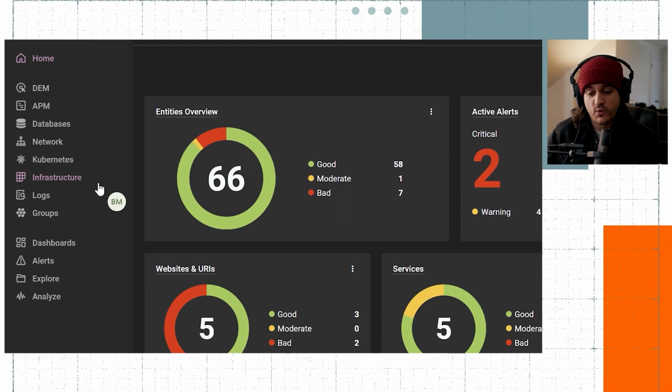And the really key point of this is that all of that information is getting correlated together. And so when I come into this overview page and I see that there's an anomaly with a website, I could start in DEM, but that anomaly may be because the application itself is performing poorly, or the underlying infrastructure is having an issue with resource exhaustion. So the idea is that everything in that navigation should be a starting point. We can start from DEM, we might end up in APM, we might end up in database, we might end up in the infrastructure area.